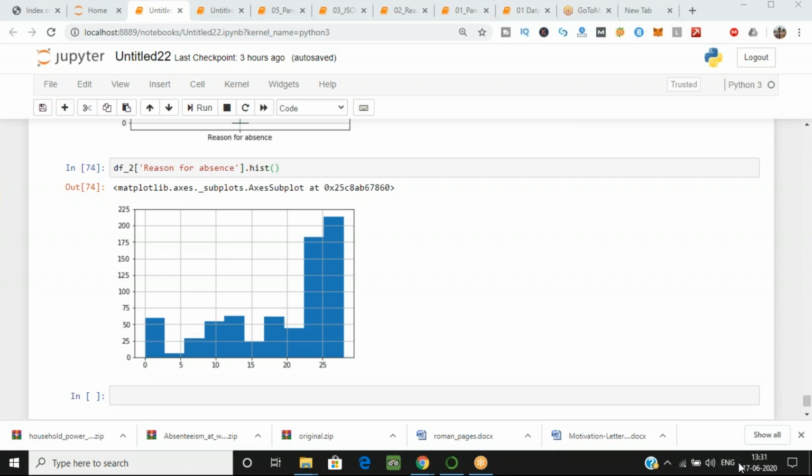Yes, Shreya Mehra, bar graph is used to compare values. That's good. And histogram is used for distribution of values. And if you have to show the higher concentration and the lower concentration, that's why we have used histogram. That's good, Shreya Mehra. That's a very good answer.